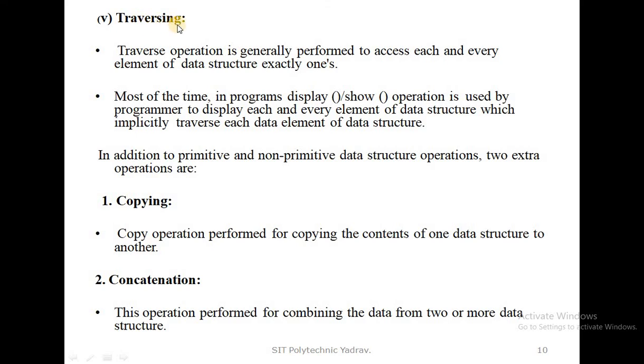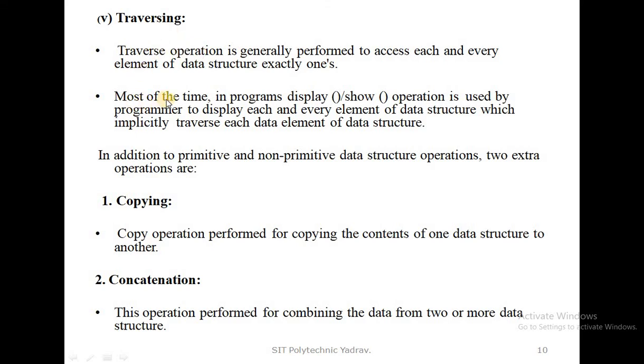Sixth, traversing. The traverse operation is generally performed to access each and every element of a data structure exactly once. Means what? In a data structure where data is stored, each and every data element is accessed through the traverse operation.